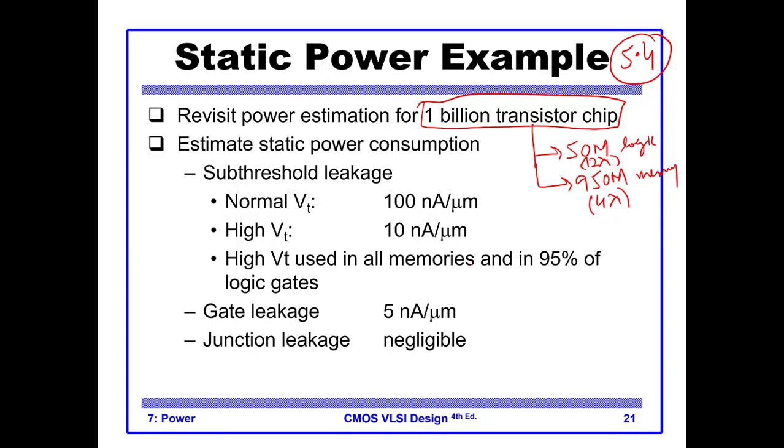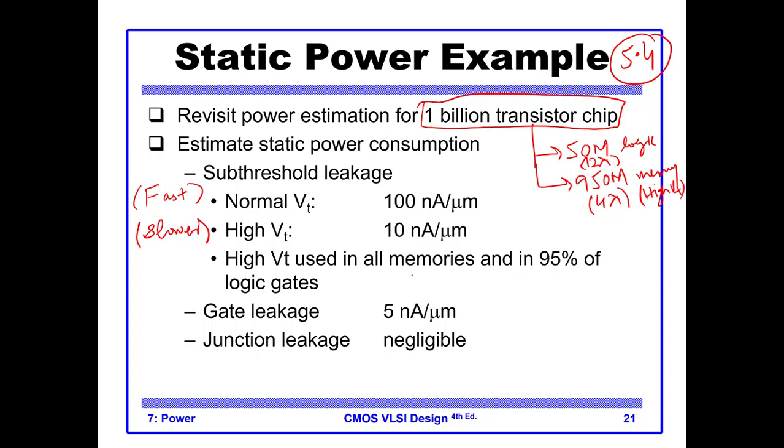Regarding speed, when the threshold voltage is higher, they have lower speed or higher delay, and the normal VT are fast. So all the memory uses what are called high VT,